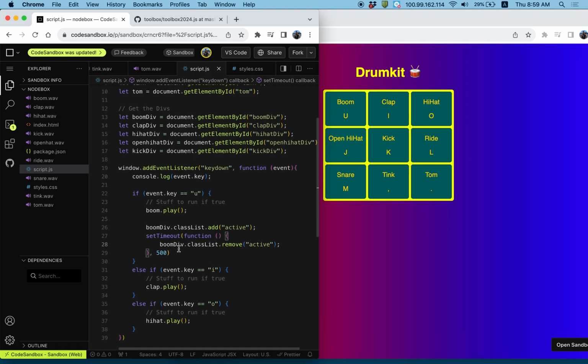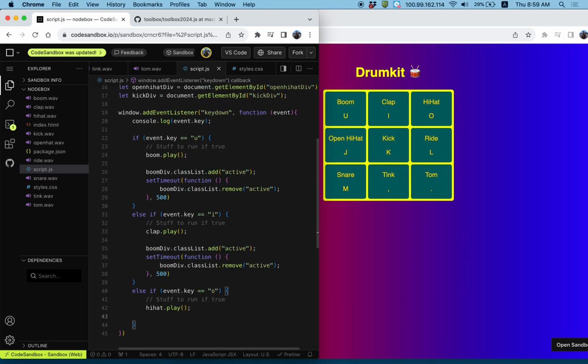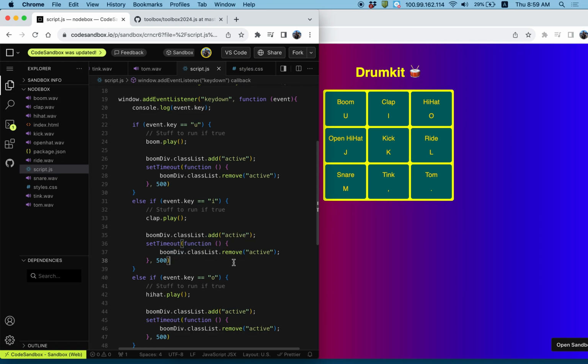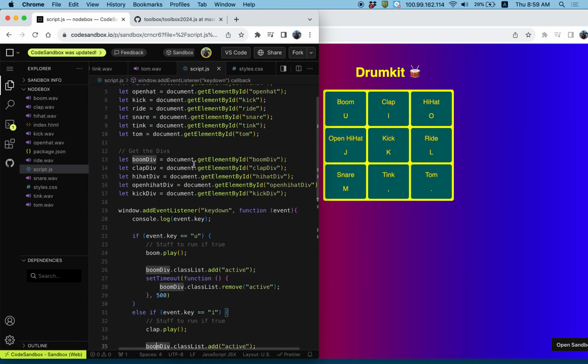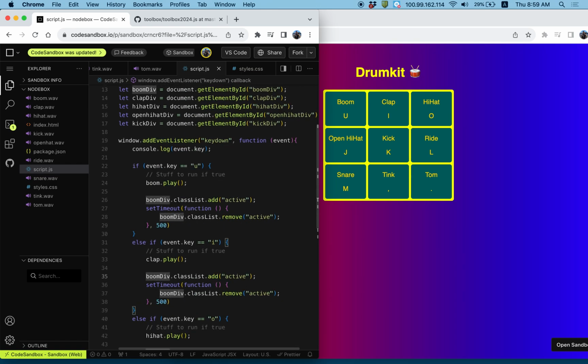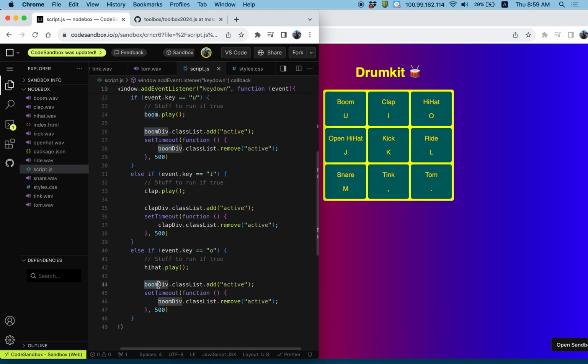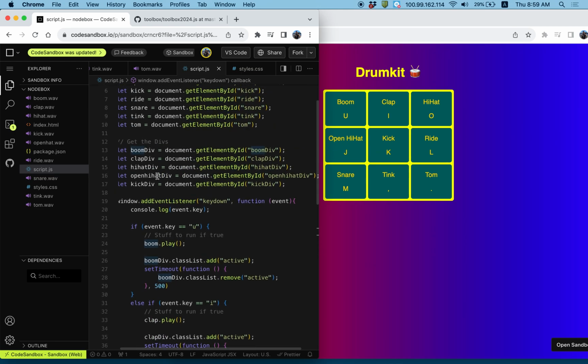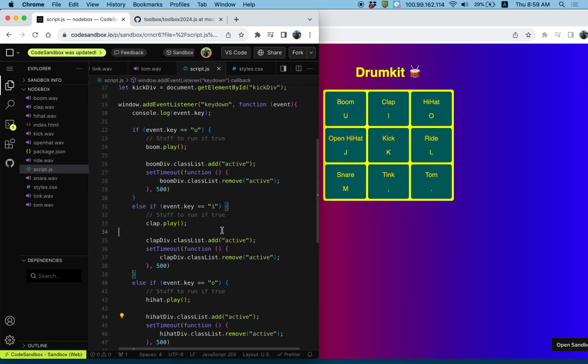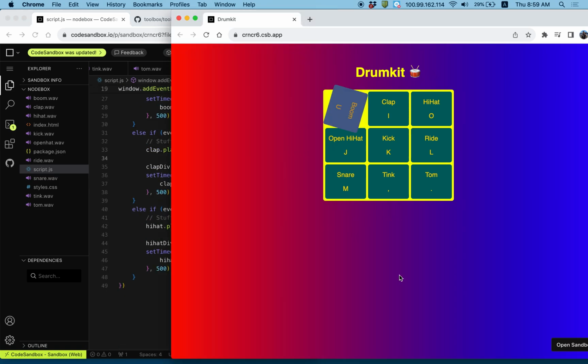Okay, cool. I'm going to take this and I'm going to copy and paste it into my other ones. And then I'm going to make it so that instead of being the boom div here, the I corresponded to the clap sound, so it's clap div. So I'll change that in both of these locations to clap div. And then here, this one is the hi-hat, so I'll change it. Let me just see what it's called. Yeah, hi-hat div, so I'll change it to hi-hat div there in both locations. So now I've got